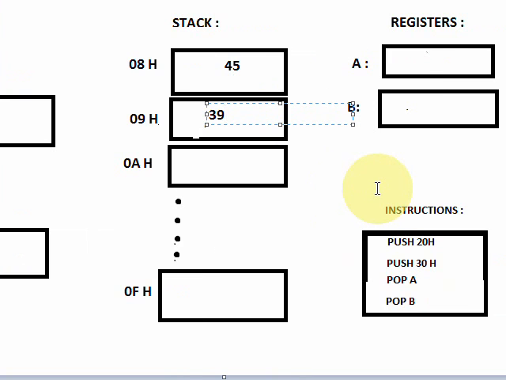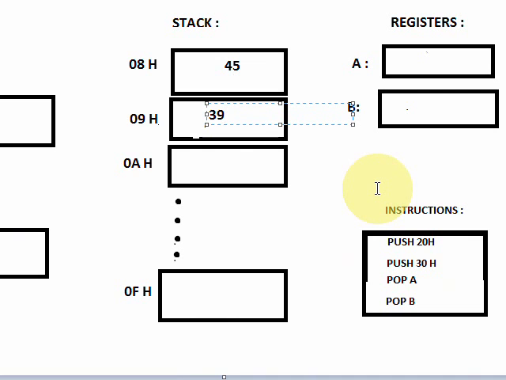So let me execute the pop instruction. Remember, the pop instruction will pop the data from the stack's current location. As you can see, the stack's current location is now 09H. So it will pop the data from 09H.